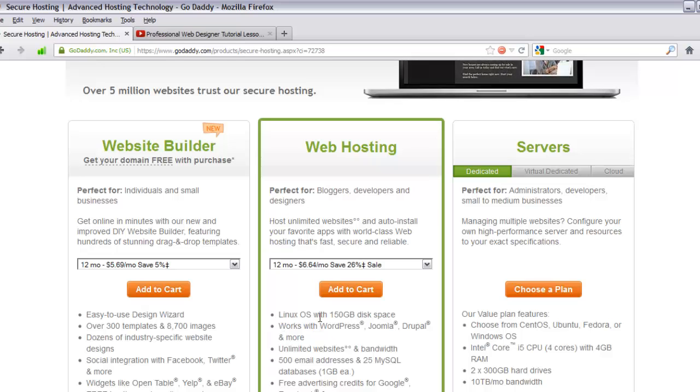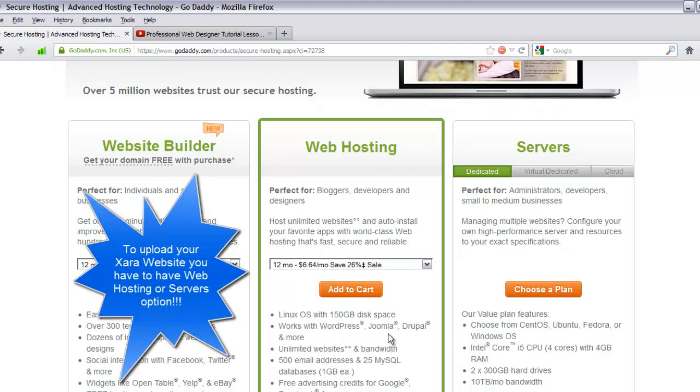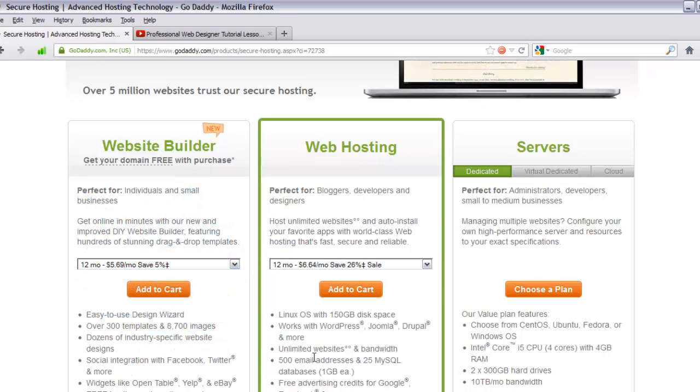And this plan includes the Linux OS with 150 gigs of space. That's just where you store all your information. And it works with a few different content management systems such as WordPress, Joomla, Drupal, and more. You get unlimited websites and bandwidth. So that means you can have an unlimited number of domain names under this web hosting plan, and you get